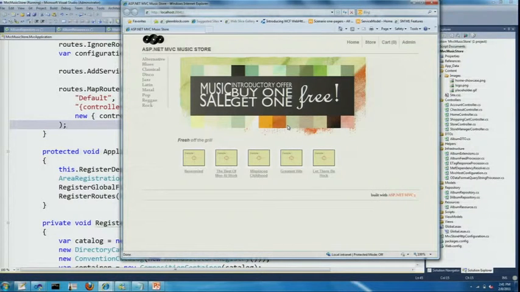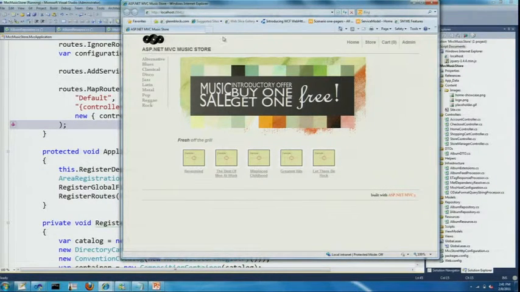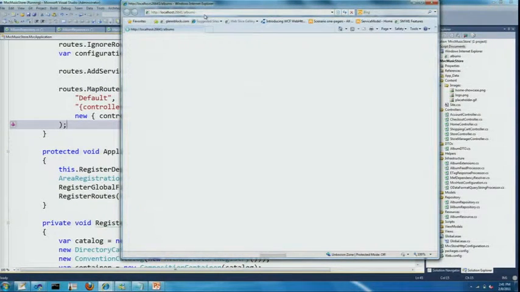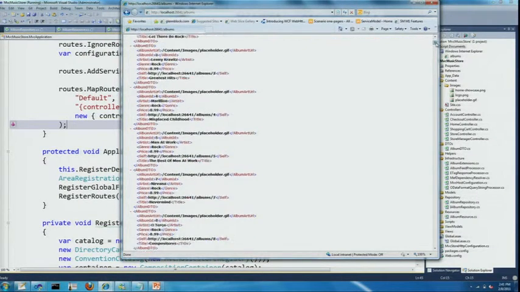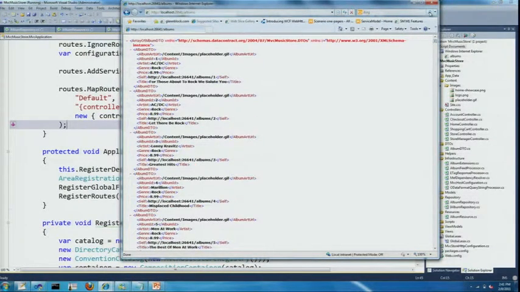So if I go now to albums, we see that I'm getting back XML. Fortunately, because I have the IoC ability there to plug in my repository, I'm sharing, but I'm now able to expose things in a different way.